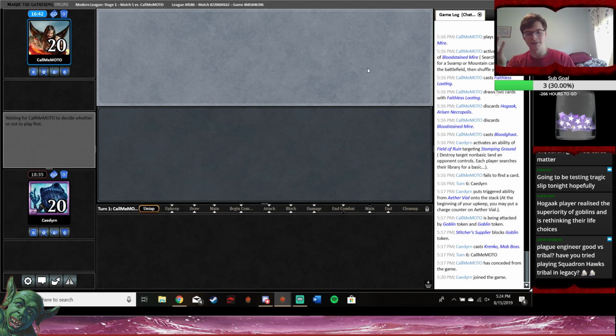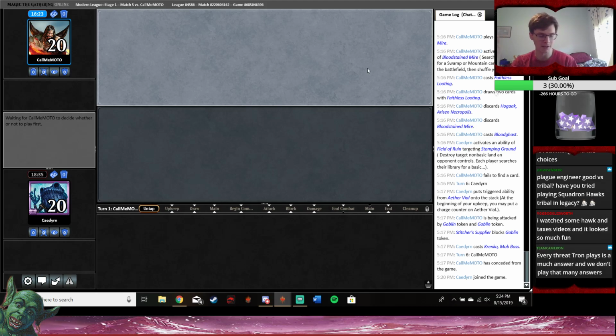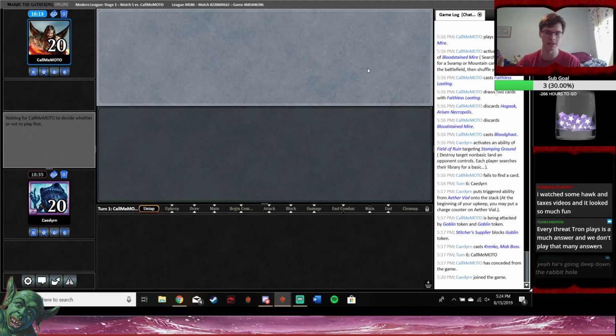Like, John playing Squadron Hawk, Force of Virtue in Taxes is a sign to me of how ludicrous Plague Engineer is against these decks. That you have to try some truly absurd stuff that is really cool, honestly. I like that he's innovated in this way, but it's also kind of a meme that you have to adjust so hard for 1 card. 2 cards kind of because of Ren, but if it was just Ren, there's no way D&T would be adjusting this hard. Every threat Tron plays is